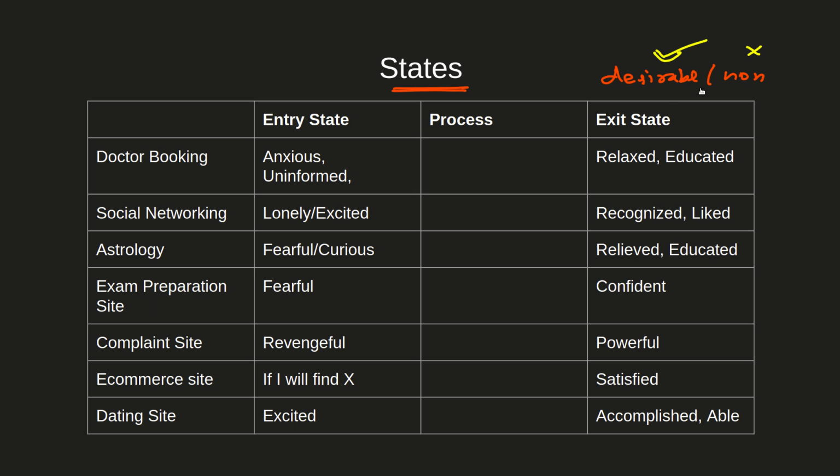And then we will come to the exit state. For the exit state, I am talking only about the desirable states. I am coming here just because I want to feel these things, this state in my mind. So whether this whole process will make me feel this, or whether this process leaves me halfway, that is the thing. This process should lead from this to this and not leave you here, right?